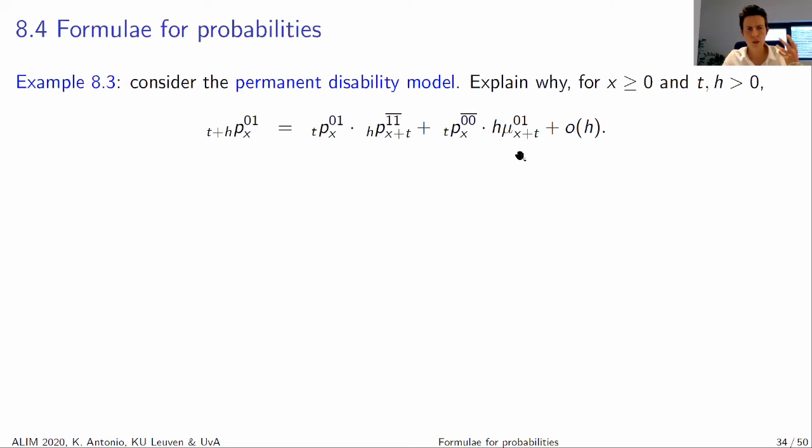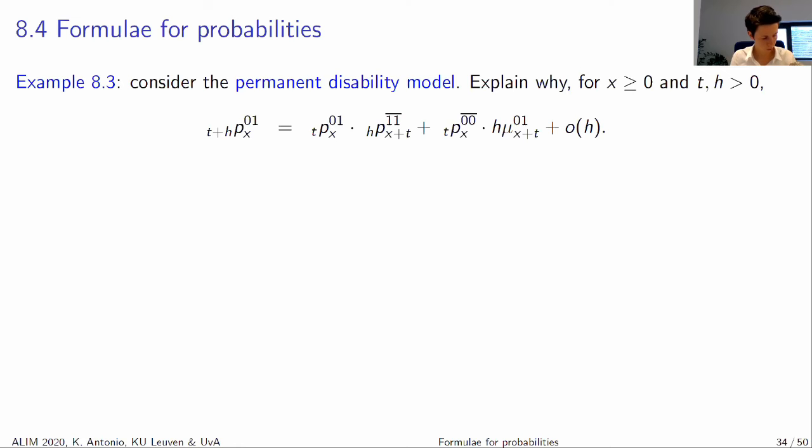So it's an example with a couple of steps, and eventually the goal of this example is to derive an expression for a transition probability of this type. So a transition probability where I have as the superscript 0,1, for example. So I'm not dealing with an occupancy probability, but with a different type